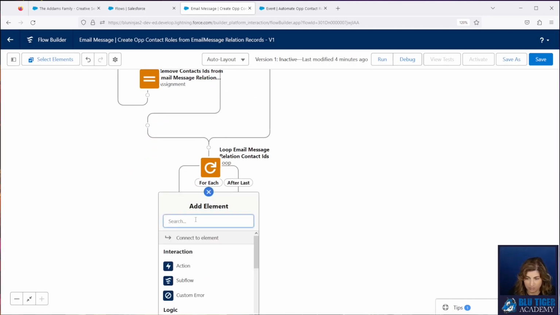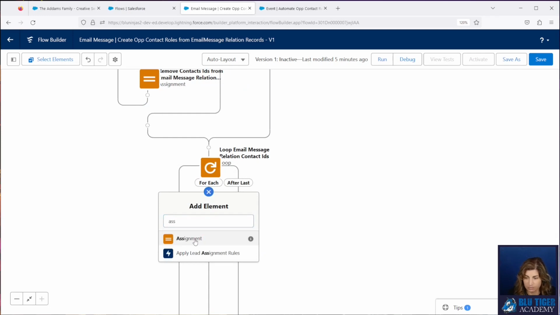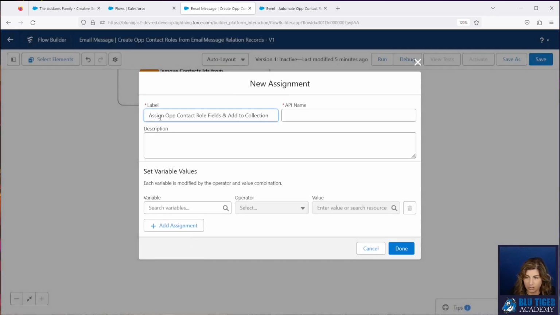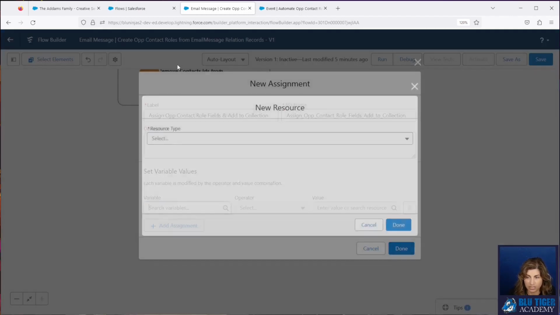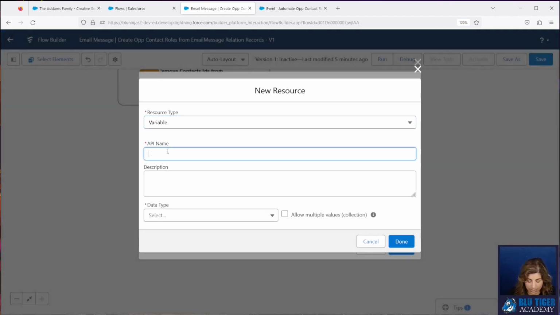We're going to do an assignment here. We're going to assign the op contact role fields, and we're going to add them to a collection. So we need to create a new record variable that's going to hold the values for this record so we can create them.